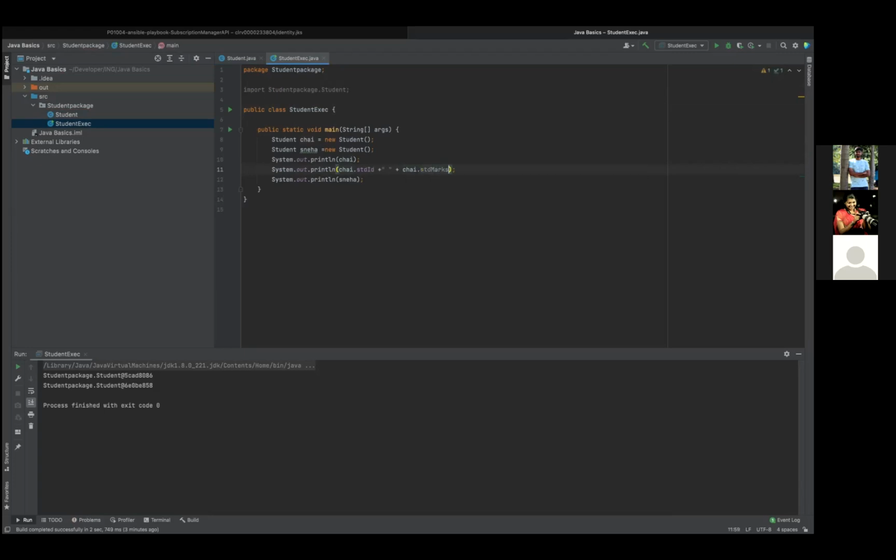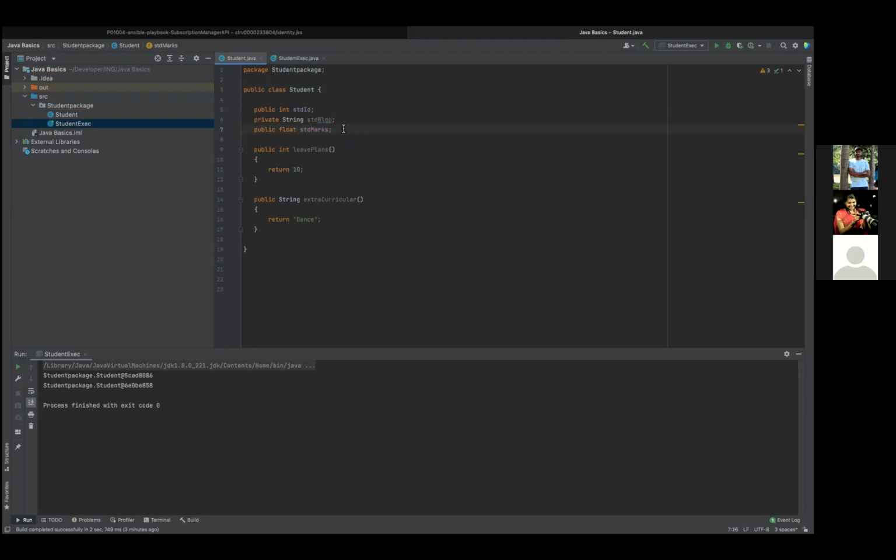Yes. Now, can you go to your student package once and just rename the student marks to float instead of int? Not public. You have it public. Just rename the int to float. Yeah. Create one more thing.